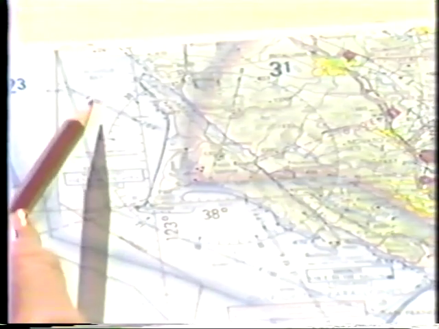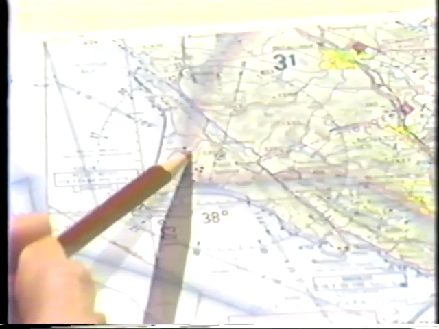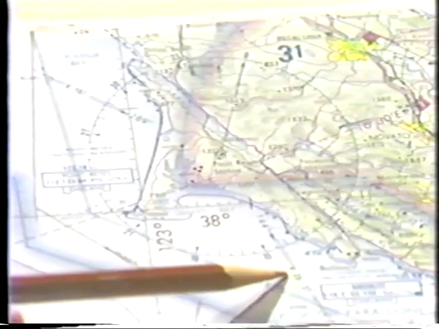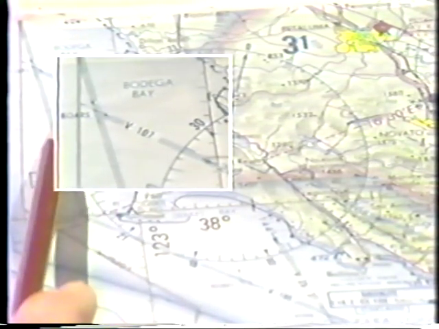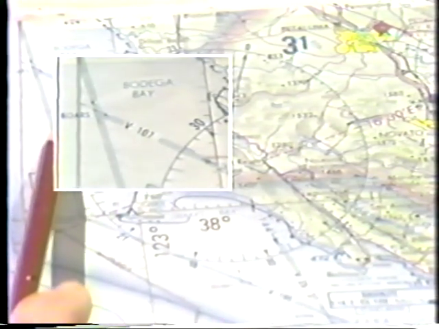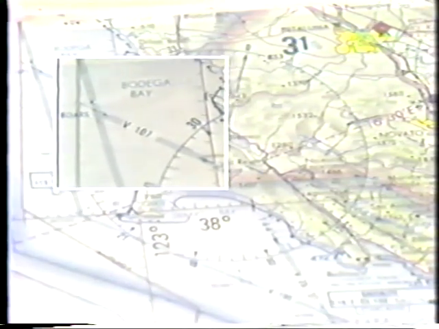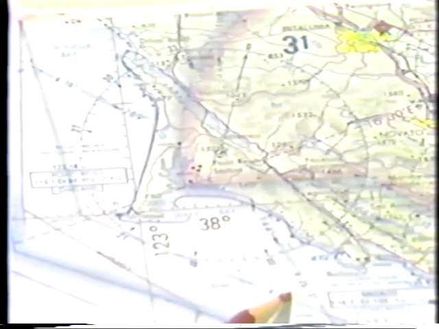Each transmits 360 electronic courses called radials, and selected radials from each station form magnetic lines of position. A single VOR may be the hub for a number of airways. These airways converge at the VOR, although due to space limitations on the sectional chart, they are only drawn to the compass rose surrounding the VOR. VOR airways are numbered, as highways are numbered. Each number is prefixed with the letter V for Victor. This informs the pilot that the airway is formed by a VHF navigation aid.